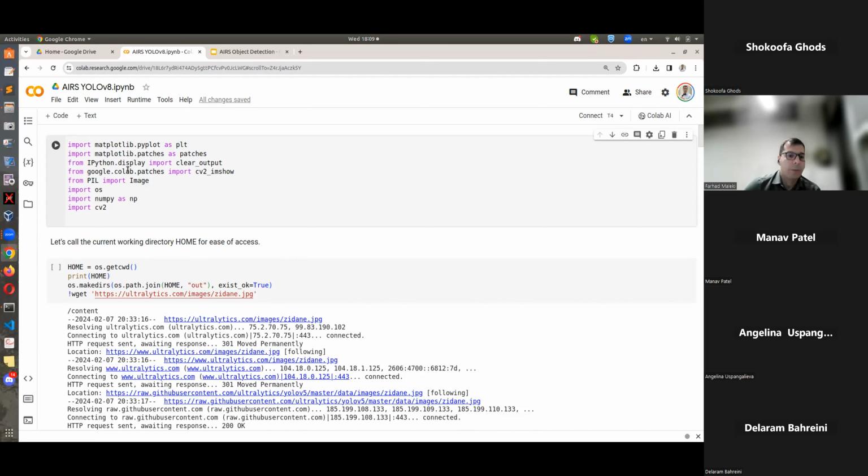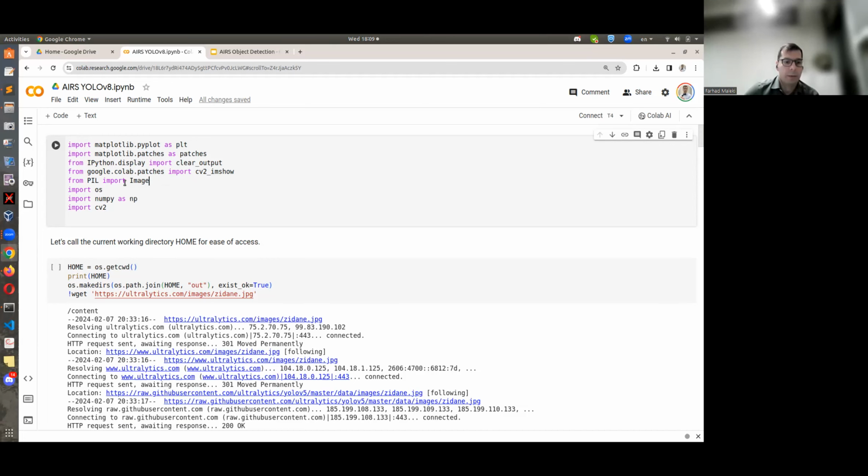Okay, great. As usual, a few import statements, regular things. We have matplotlib for visualization, OS for paths, NumPy, and CV2 for working with images. It's good practice in Google Colab to keep track of the current folder, call it home, so instead of typing it each time, you always have this home. Down the road, if you decide to move your code, your home is different, but you haven't hard-coded many versions of that name, and you don't need to go through many of them.